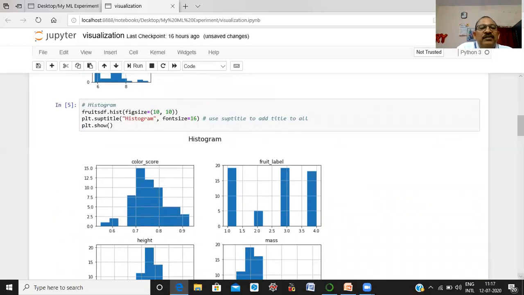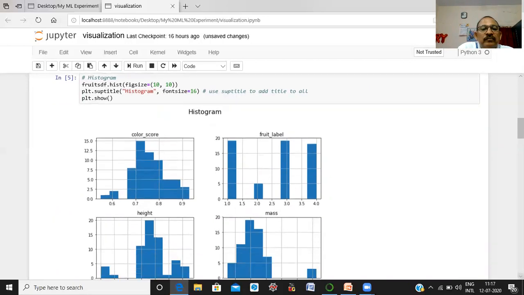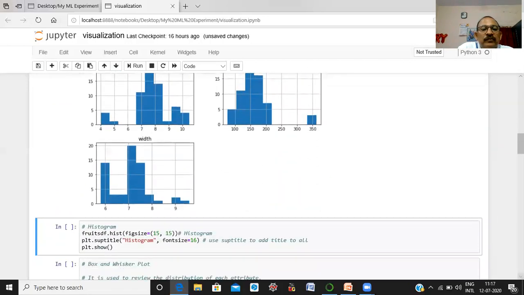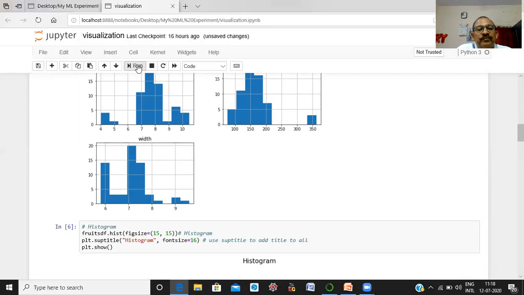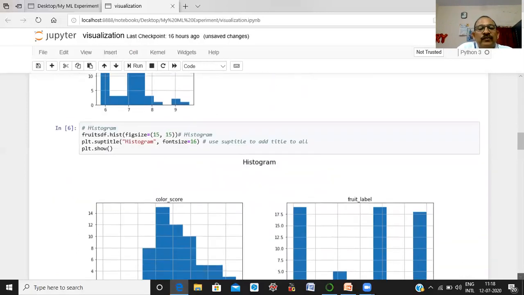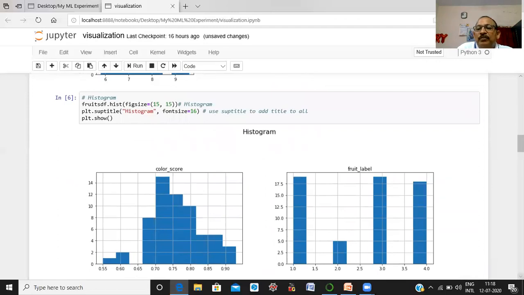Size has increased. You can also increase your size with the figsize function. Now we execute this and let us see. This is the histogram of each variable in our data set.